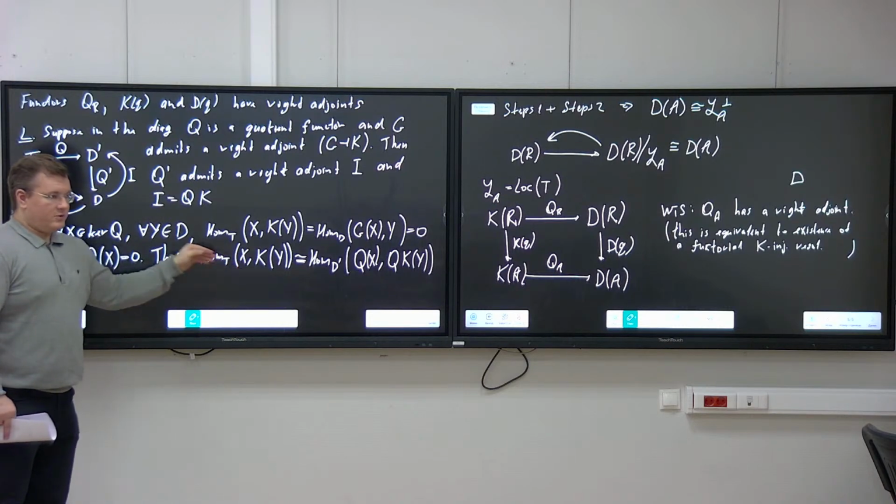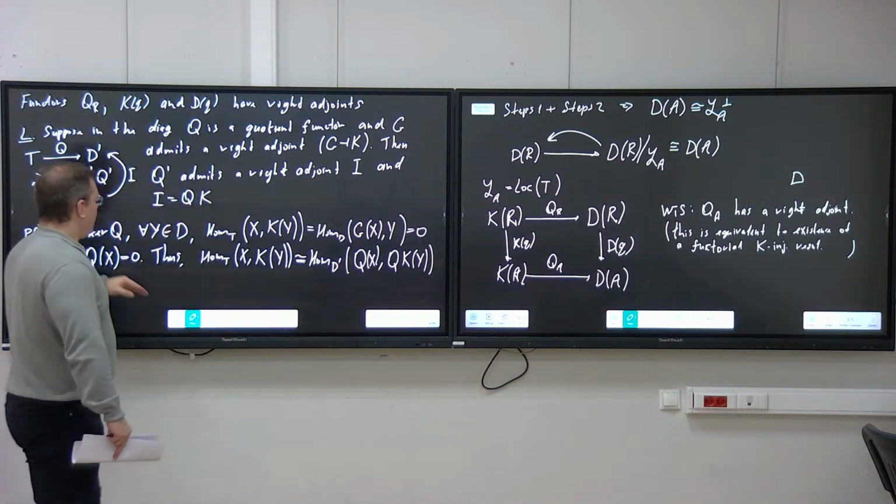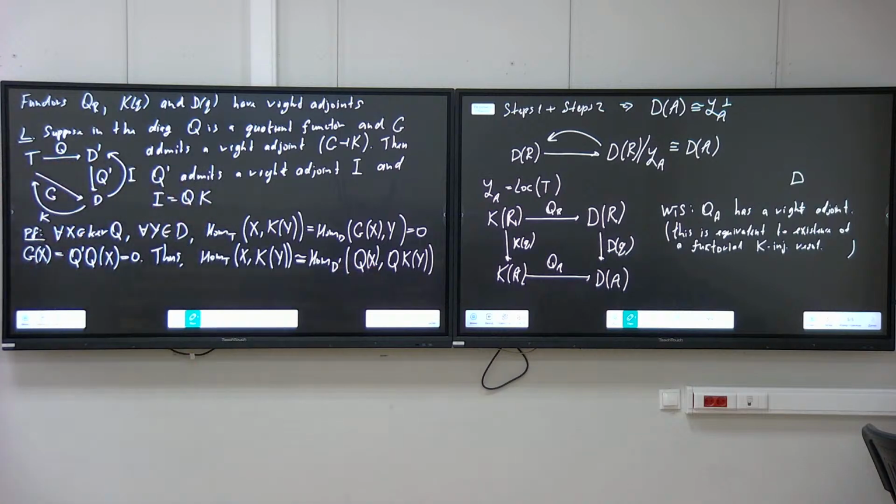So I have such a home, there's a canonical map to the home, which I get when I apply functor q. But I also claim that this functor q on the homes actually gives isomorphisms. And this just follows by some general properties that I proved at the beginning of the course. Remember, when we discussed the right orthogonals, there was a general statement when you consider a kind of situation like this,